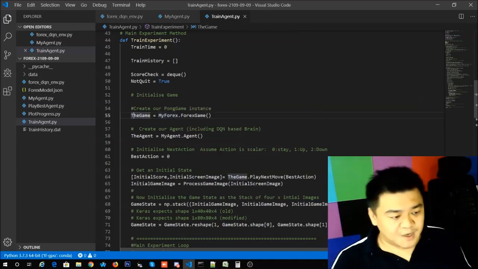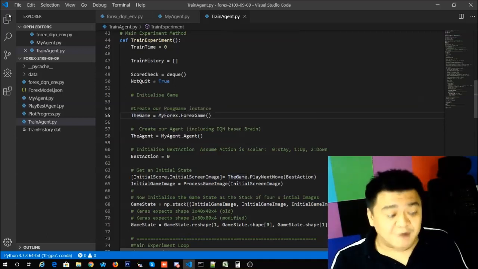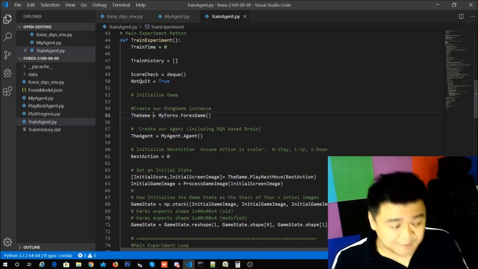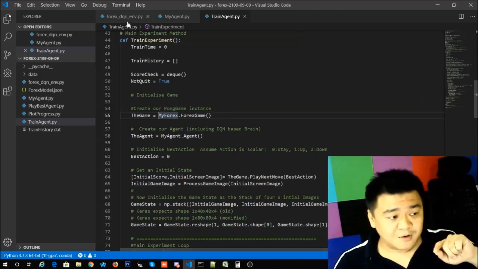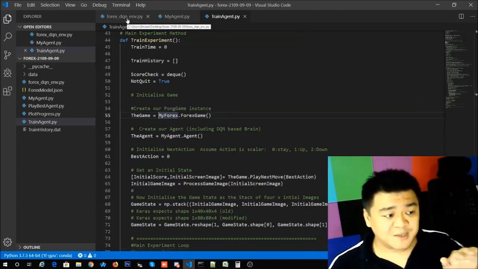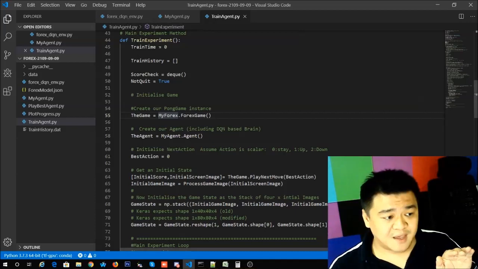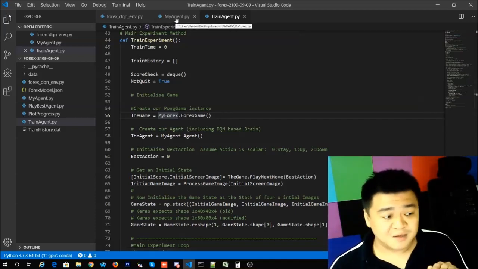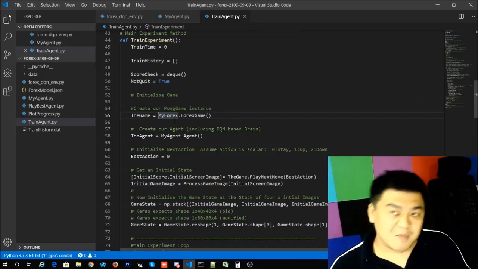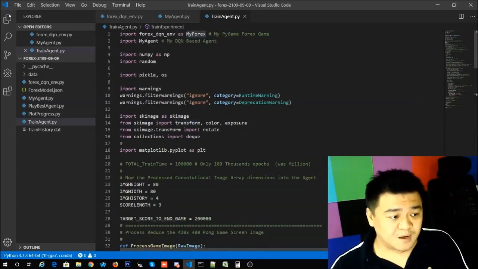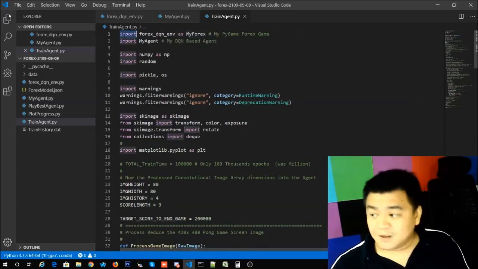So this one is the instantiation of the environment. For us to do that, remember the environment is on the forex dqn env, and the agent is on the myagent.py. So for us to make use of the functions and the classes inside it, we have to import it using import forex dqn,